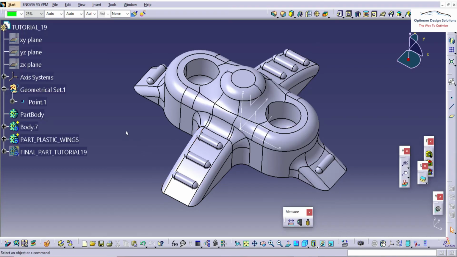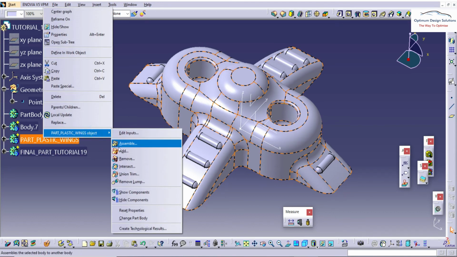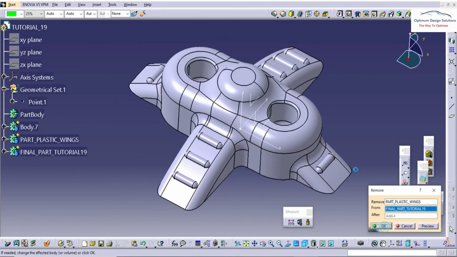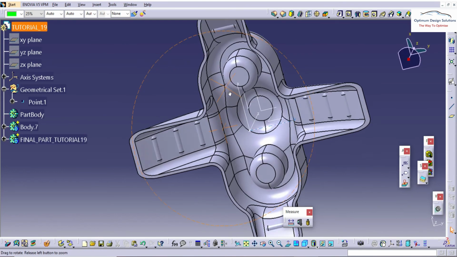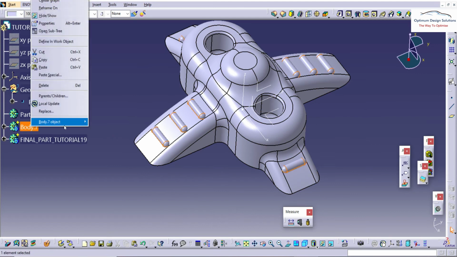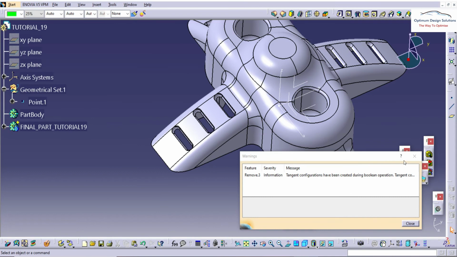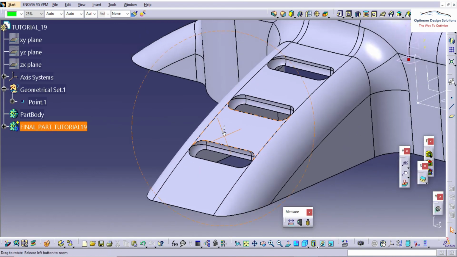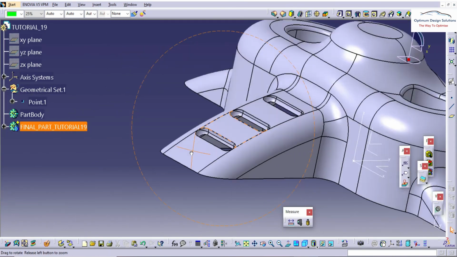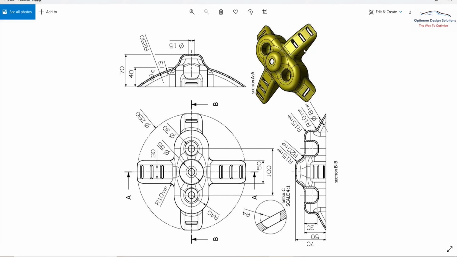So definitely these holes are pending, but before that we'll complete our boolean operations. So this body will be removed from our final body, and you can see the uniform thickness. We achieved the uniform thickness here, and this also we need to remove, so that we get pockets here. So here our object is almost completed, only the holes are pending.